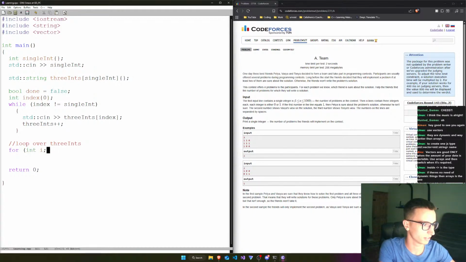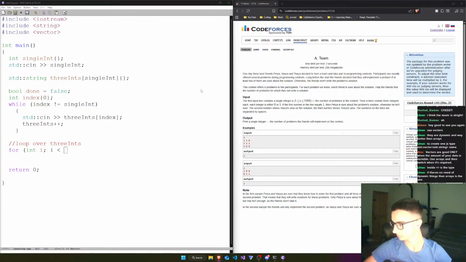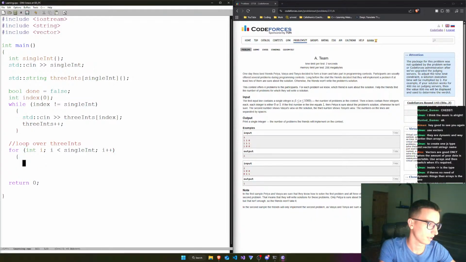For int i is less than, what should the middle one be? i is less than single int, I'll just say i plus plus. So if